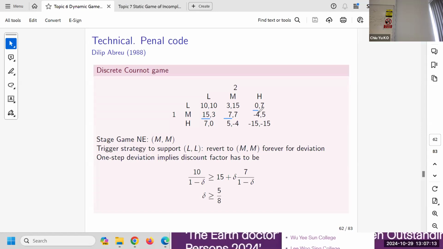You can't force him to be lower than 0. Why? Because he can always choose L, right? He can guarantee that it's 0 for him, no matter what. So that 0 is guaranteed. Same 0 for player 2. So that means that as long as the equilibrium payoff is no less than 0, then it can be supported. Is that clear? So this 0 is called the reservation payoff. It's the minimum they can guarantee.